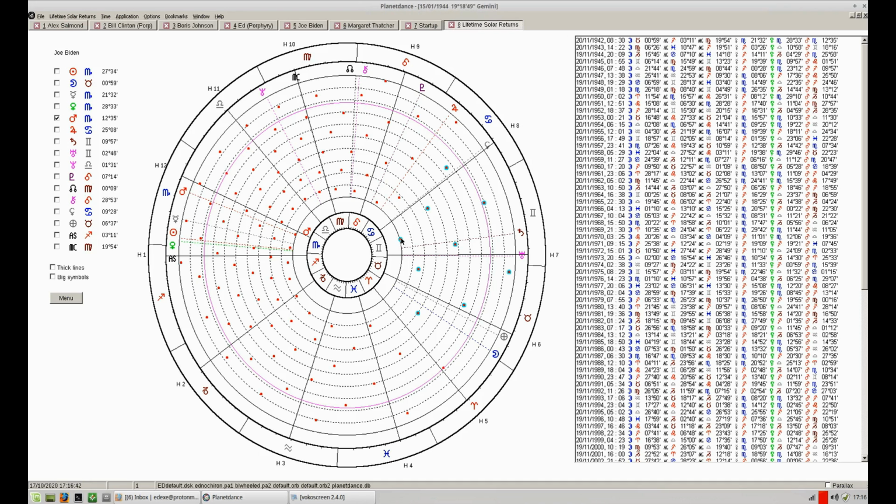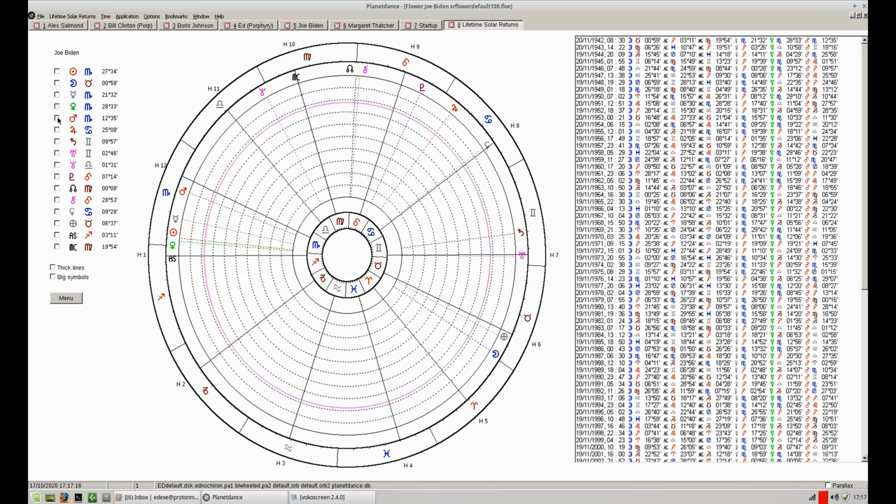This occurred very early in Biden's life, probably around his second year. If we see there, this is about 18 Gemini, and we can see that Mars is in 18 Gemini in his second year, and Gemini being opposite broadly Scorpio, Sagittarius. This indicates a retrograde phase of Mars at the solar return.